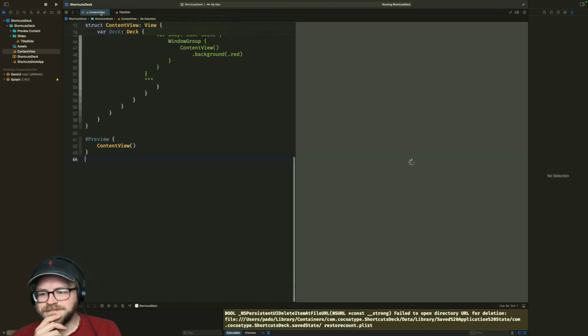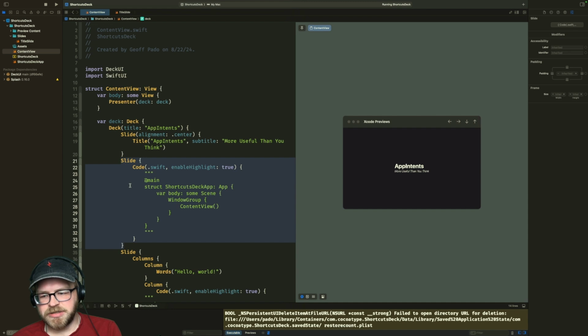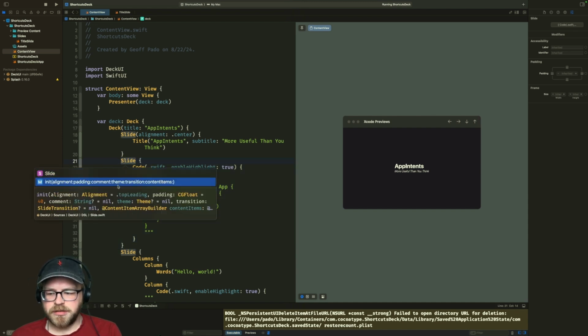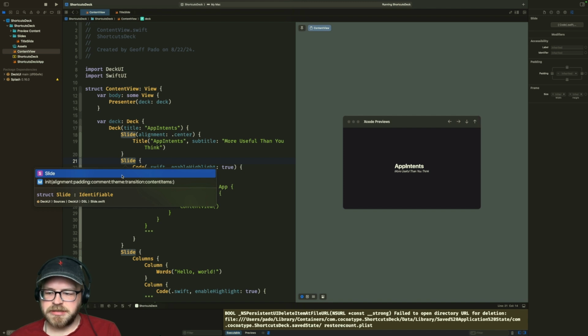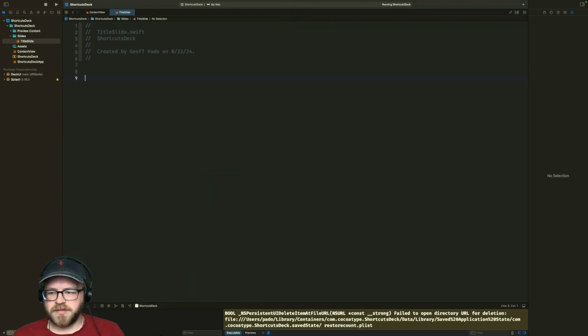What I want to do here is provide each slide on each page, but slide isn't a protocol. Slide is a struct. So I kind of have to provide a title slide dot slide, which is kind of dumb, but whatever, it's fine.